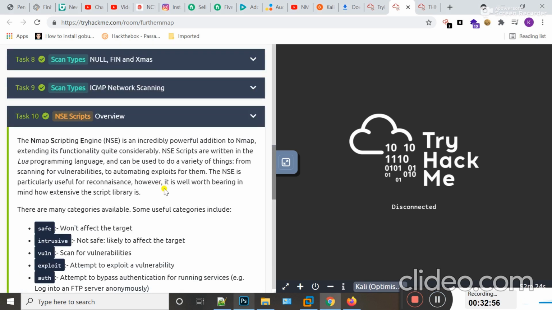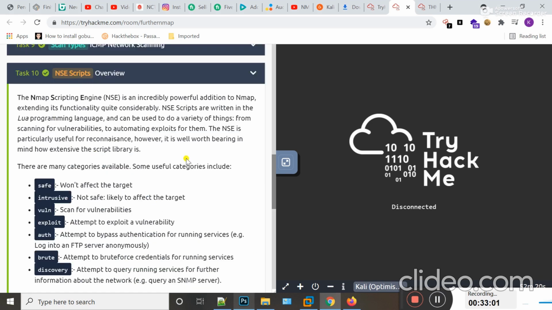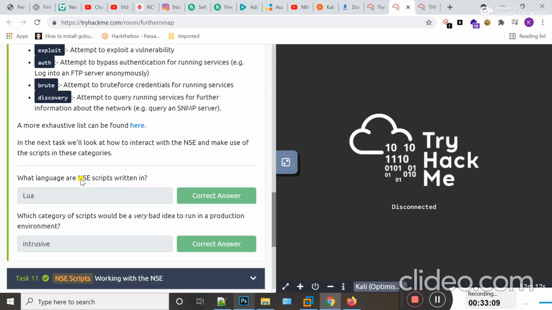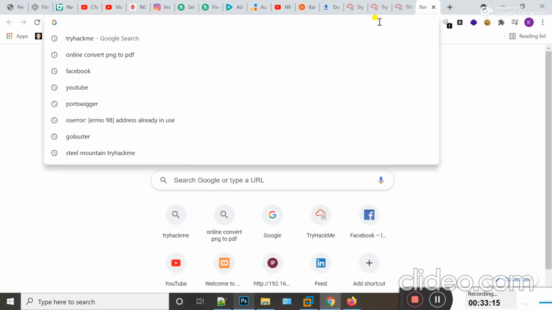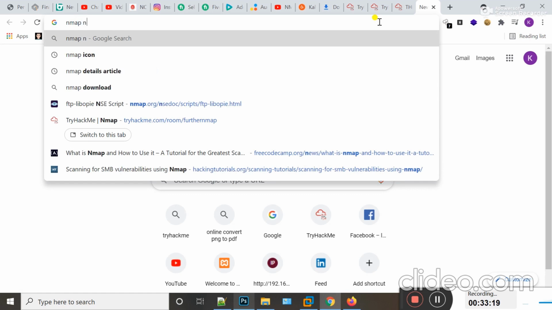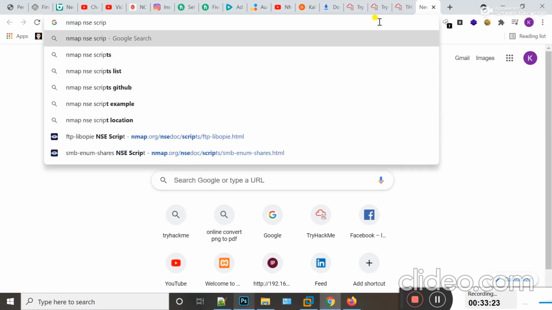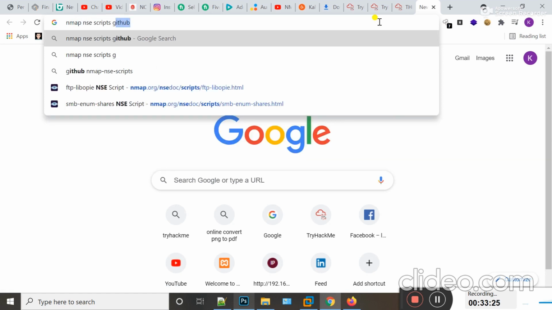Okay, next is NSE scripts. In nmap, the scripting engine is a more powerful addition to nmap. Basically, if you want to use NSE scripts, you can download them from GitHub. Here you can see the nmap NSE scripts.